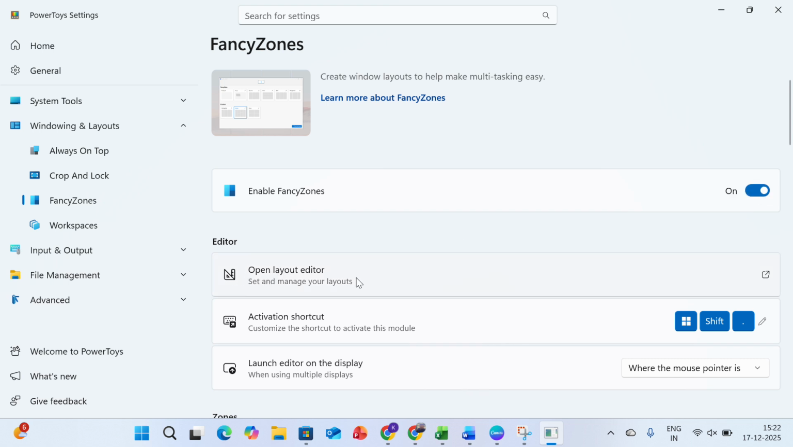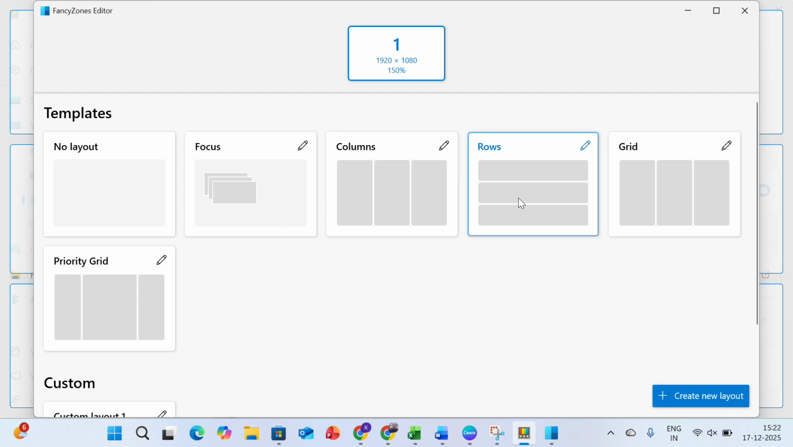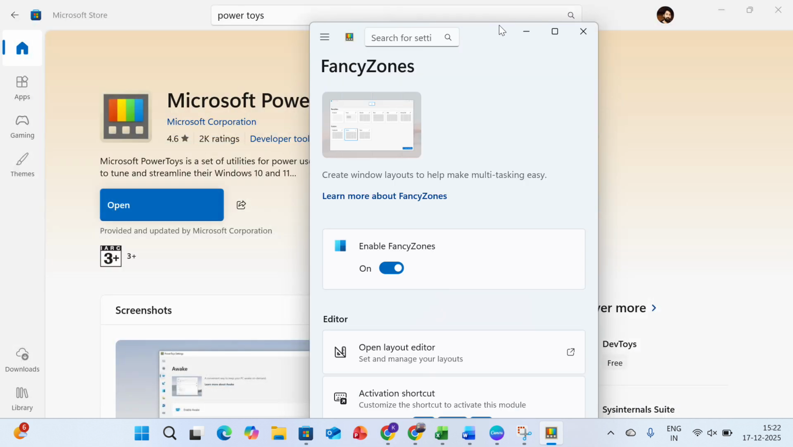Second is open layout editor. Click on open layout editor. You can choose a layout from there. For example, I will be choosing rows. Then close it. Now hold the shift button and drag the screen. Here you will see